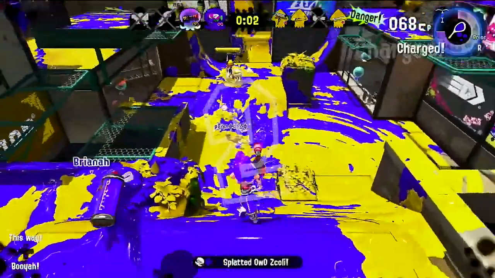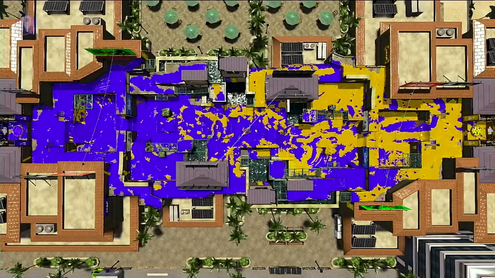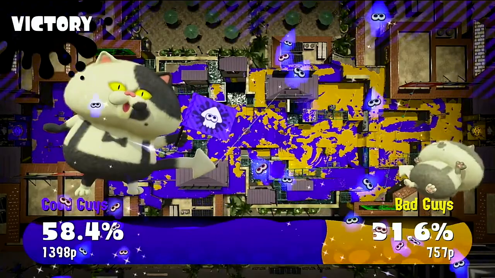There we go. Look at me trying to think that a sub weapon like the Splash Wall would do anything with that. All right, so